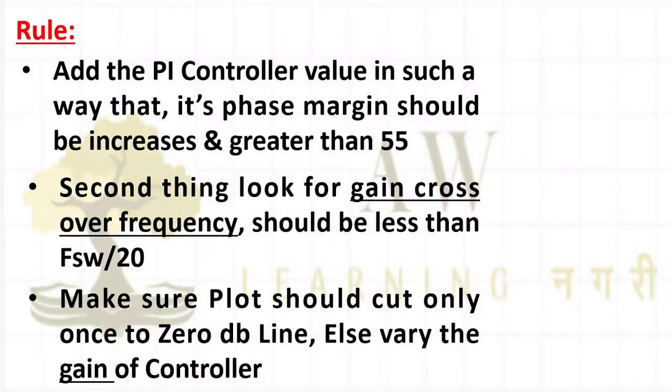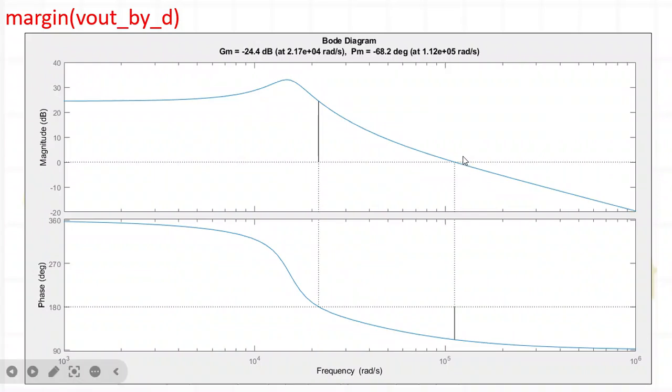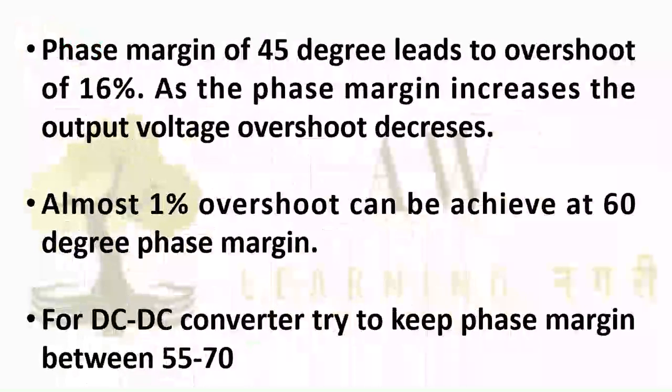Third rule is again same. Make sure that plot should cut only once to the 0 dB line, else vary the gain of the controller. So this plot I am talking about, it should cut only once when you add the controller gain everything. So that time it should cut only once, okay? It should not cut more than one time. So these are my rules, and from where this concept of over phase margin is come, this is already I